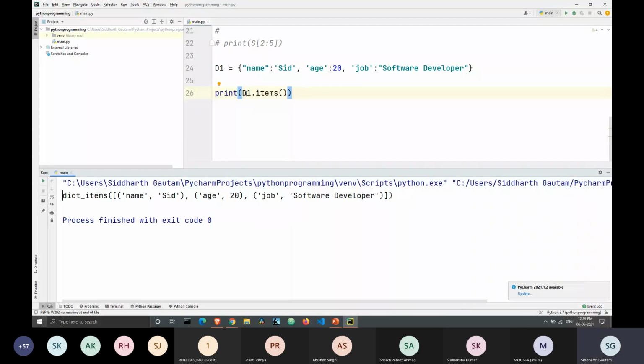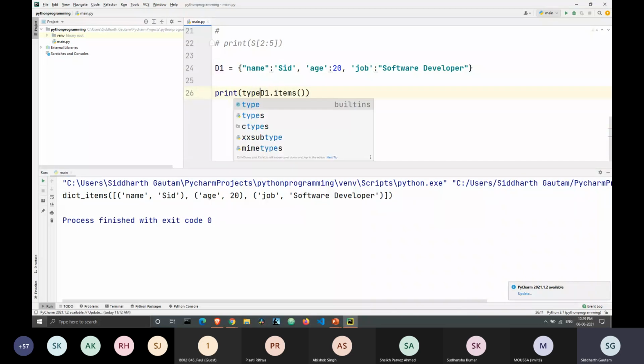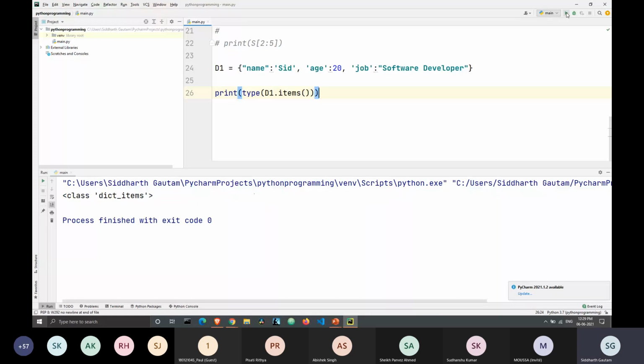For example, let me experiment with something. I have an idea. Let me see if that idea is correct. So what's happening here is, let me print this again.